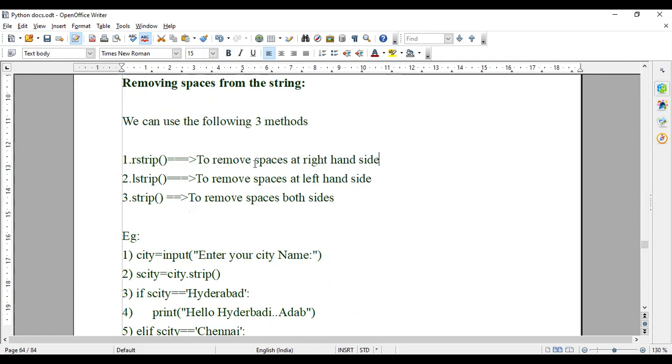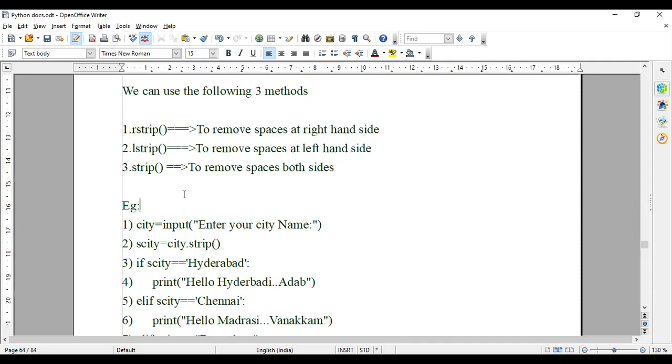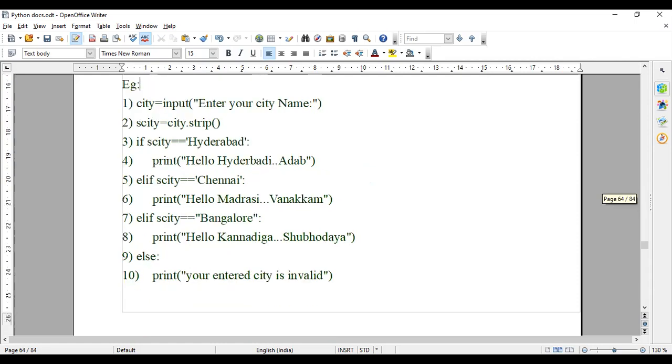R means right-hand side. Second is lstrip, to remove the left-hand side, and strip to remove space on both sides. We can use the following three methods for removing space around strings. So how to remove spaces?